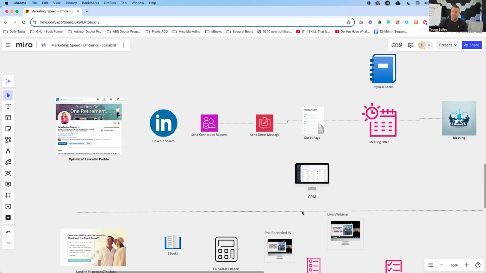Being able to organize your prospects is extremely important in this process. So at the very least, when somebody requests that information, you've got to grab that and put that somewhere. I don't even care if it's a Google Sheet to start out with, but put that somewhere that you're going to be able to manage those individuals.